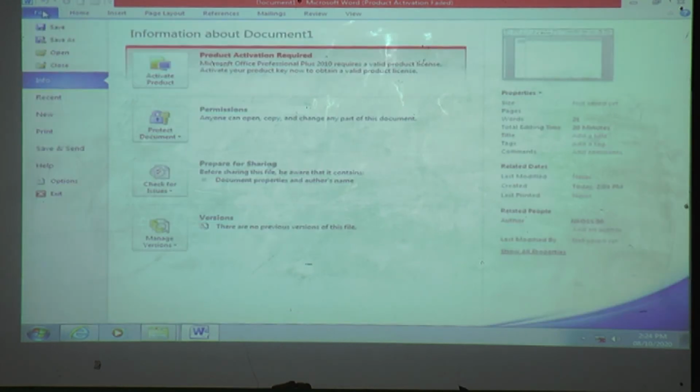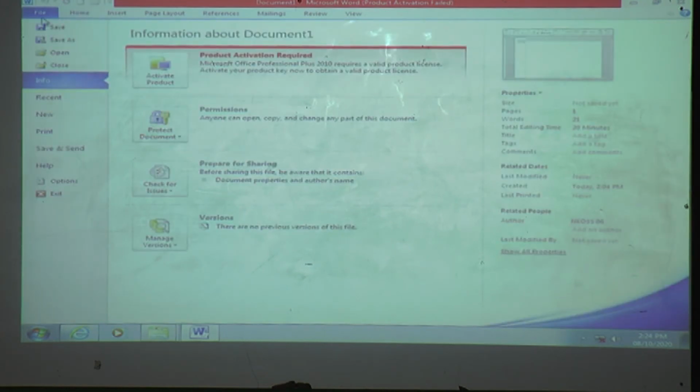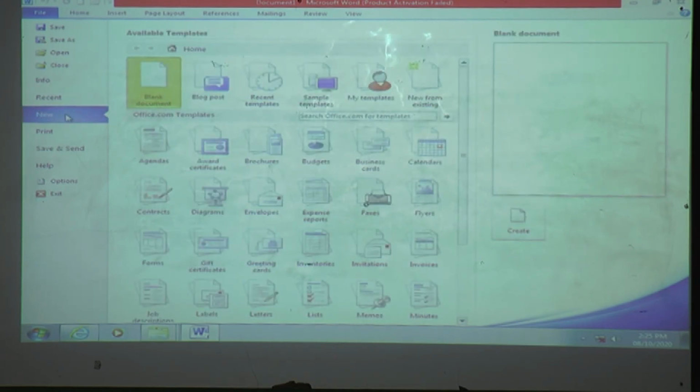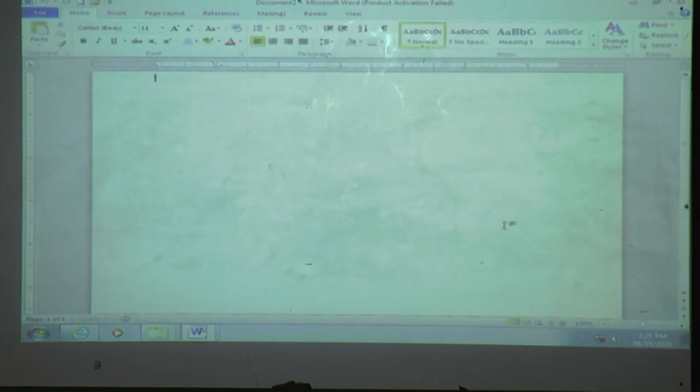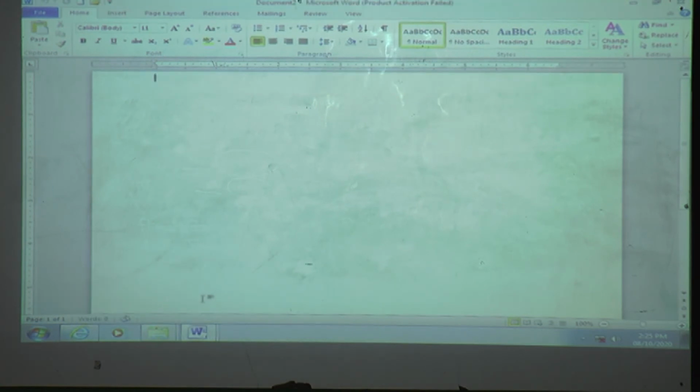Click on the File button. It is the same as which button? Office button. Then click on File. Then what do we want? We want to take a new one. There are options: Save as, open, close, recent, new. What do you want? New. Then click on New. And which document do we want? Blank. Then click Blank, and then Create. Got it? And our previous document is still here. Got it, everyone? This is how to create a new document.